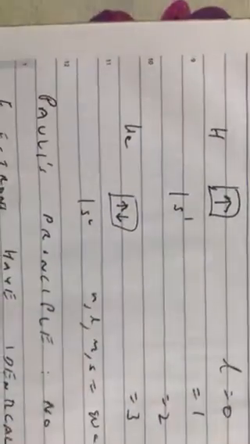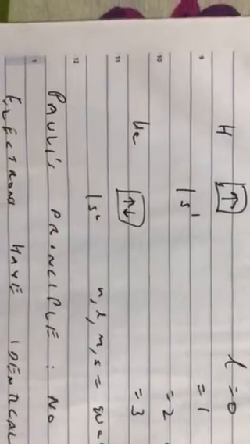Now hydrogen atomic number is 1, so in the shell number 1, in the subshell L equal to 0, that means S, right? And you know that there is only one orbital, so the subshell and orbital both are the same. So basically it will be 1s and there is one electron, so the electronic configuration of hydrogen is 1s1. So recall that in class 9 when you were asked electronic configuration of hydrogen, you used to just say 1.